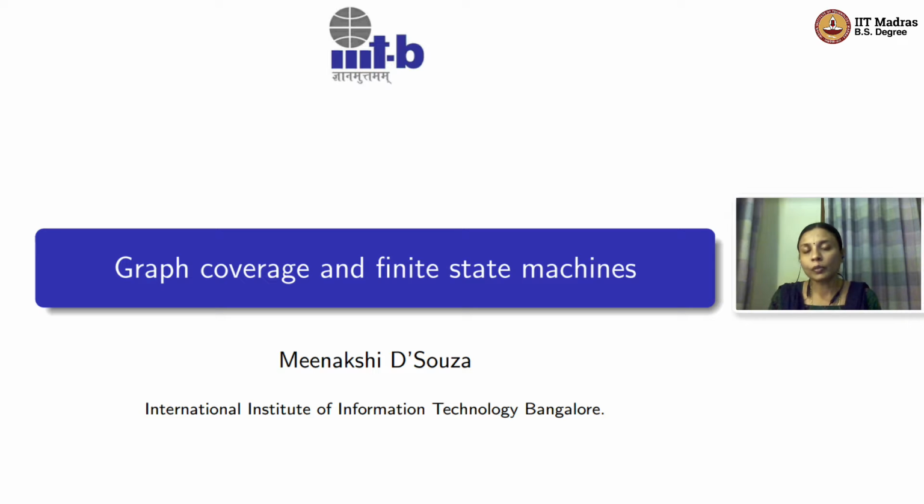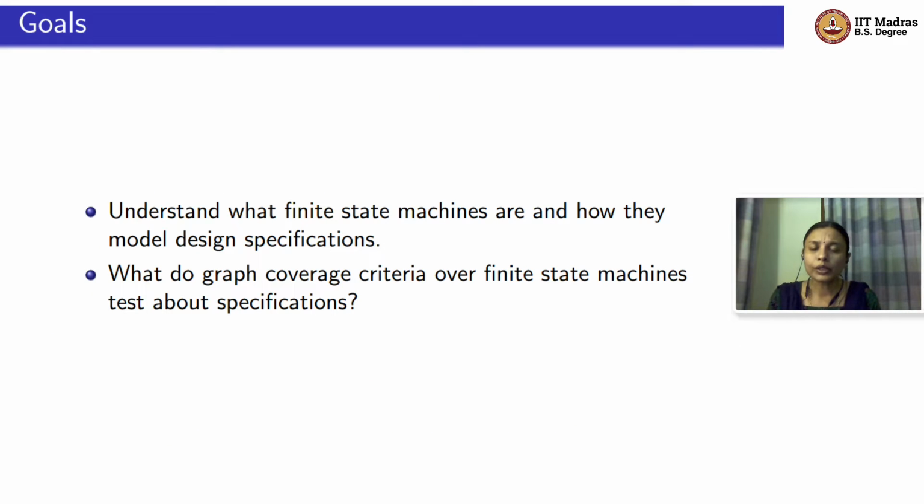Graphs, which are of a special kind called finite state automata or finite state machines, which are very useful entities in computer science. So our goal is to understand what a finite state machine is very briefly, as we want them for testing, and how they model various kinds of design specifications. What does graph criteria over these kinds of special graph-like entities look like and why are they useful for modeling